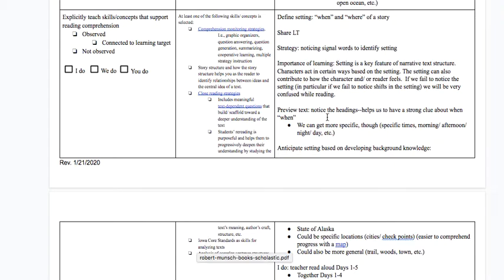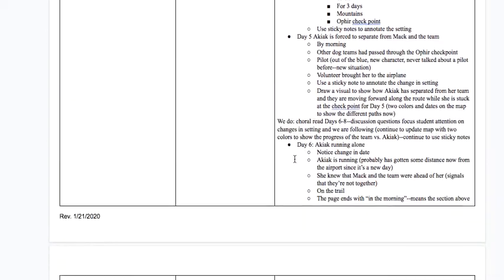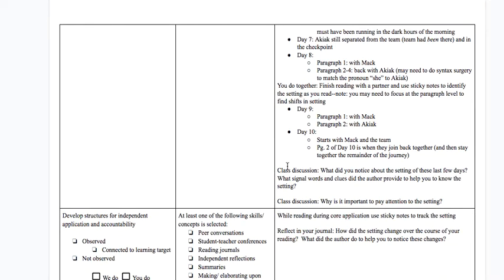Much of what you'll see over here is the same as above. I defined any necessary terms. I made the learning target clear, the strategy clear, and the importance for students. I made sure that I had my gradual release of I do, we do, and you do. And then I wrapped up with having us come back to that learning target and having some discussion to solidify